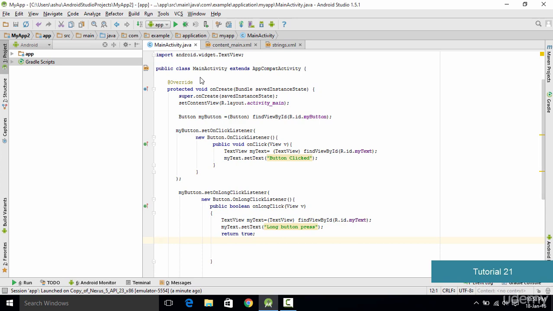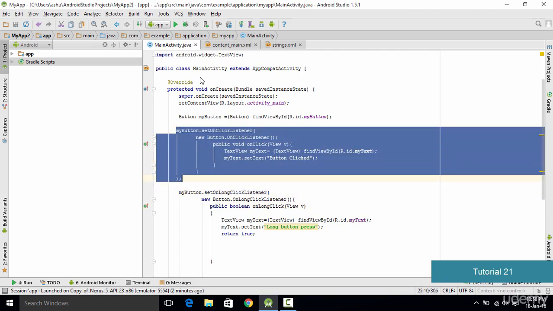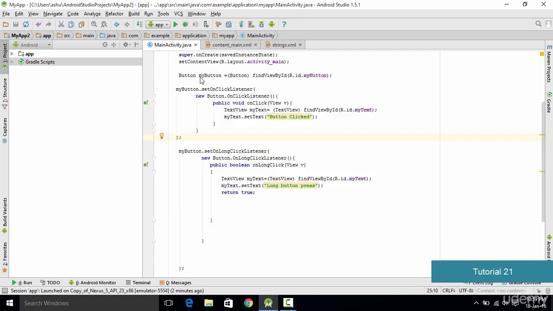So in this tutorial what we have done is that along with our on click listener, we have added another action listener which is nothing but the long click listener, which listens to the longer clicks. So right below this action listener we have added another action listener. The basic structure of both the action listeners is one and the same. There are a few changes such as the name of the listener, and finally the major difference between the two listeners is that the callback method for this listener actually returns nothing, so it is specified void here. But in case of the long click listener, we need to return the boolean value. So what we have done is that we have simply returned the value true at the end of it.